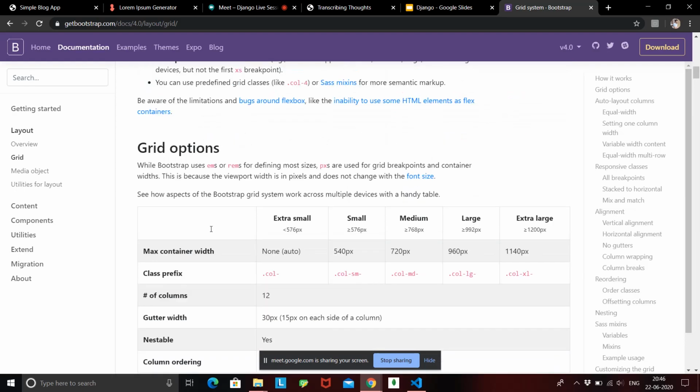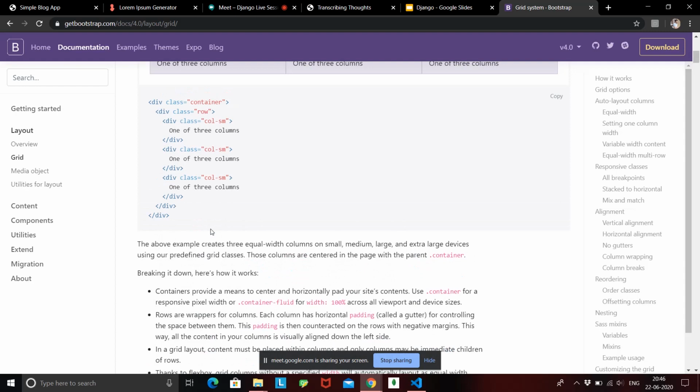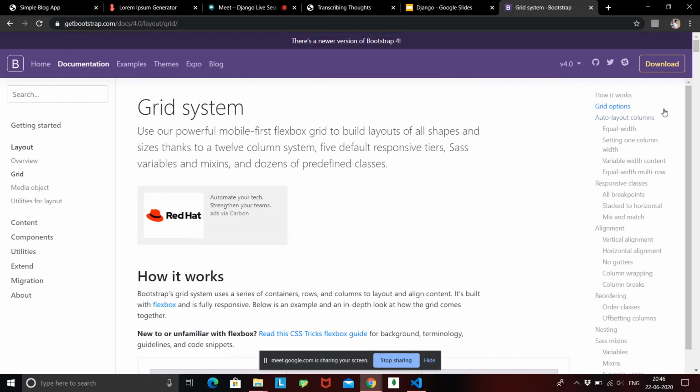The basics of grid is that your complete screen, from the start of the container to the end of the container, is divided into 12 segments, and you need to decide how many segments you want inside one column. If you decide that each column will have 6 segments, then you will end up with 2 columns, because 12 divided by 6 is 2.